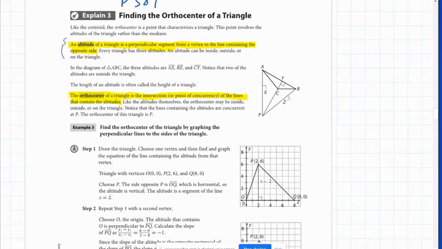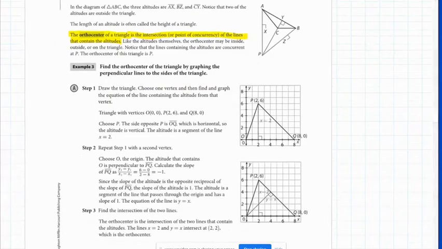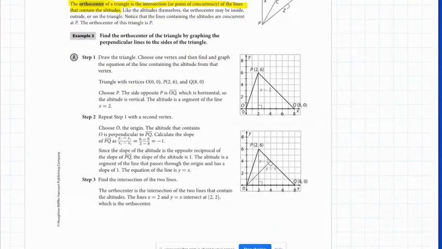Okay, and so in the book we have on page 387, again, we have those definitions for altitude and orthocenter. And what we're going to do now is the same thing, but on a coordinate grid, using what we know about slopes and how to make perpendicular lines on a coordinate grid. Okay, so for this example, to construct the orthocenter, this altitude was very easy to get because